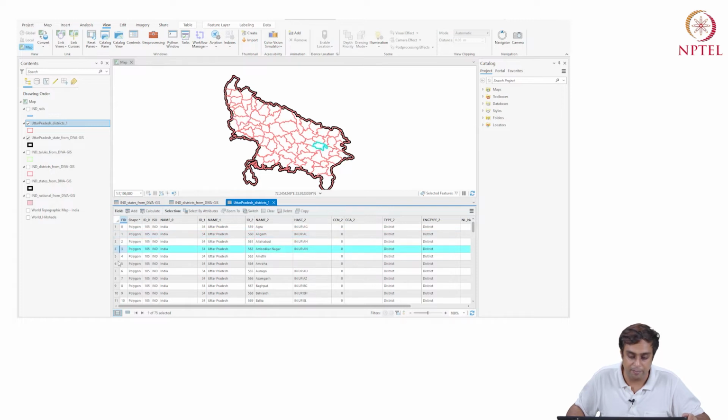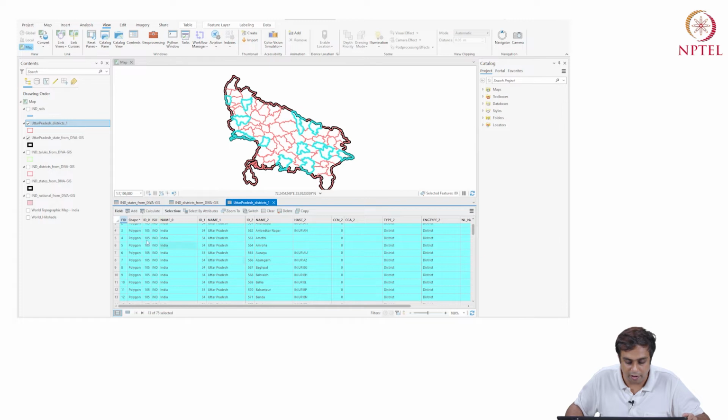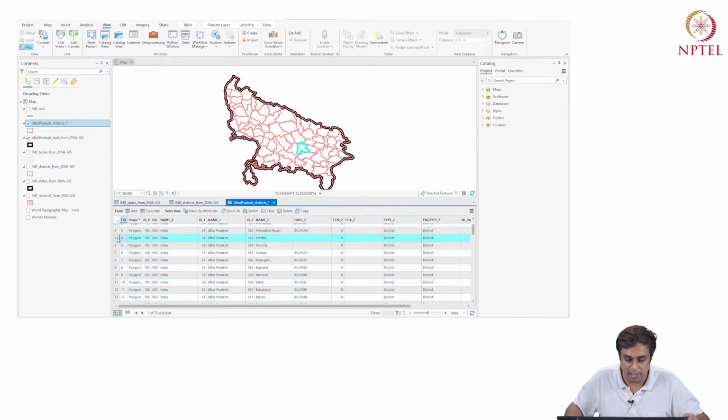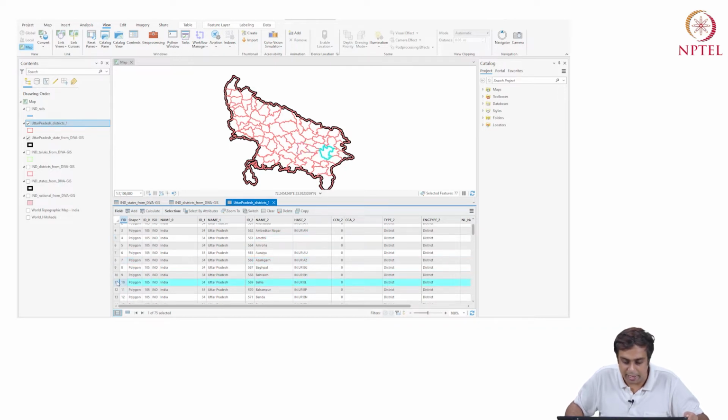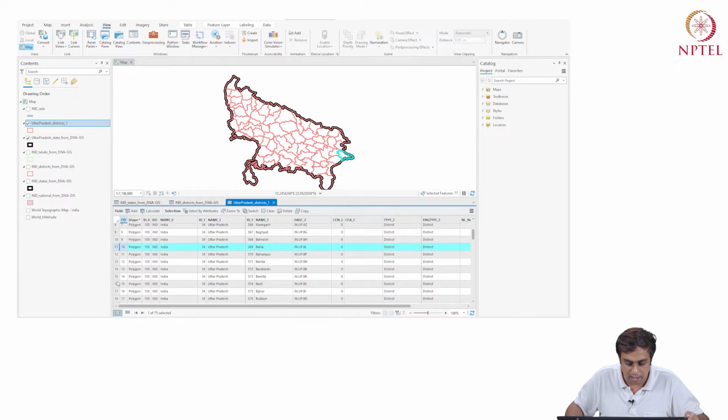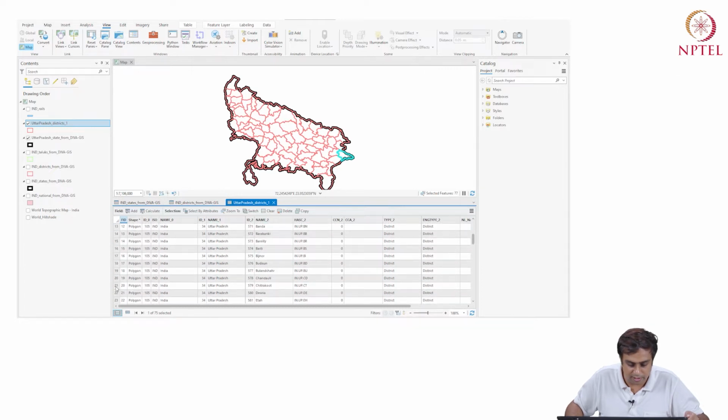I can select them differently. They are all there to be seen. There is Amethi. That's where Azamgarh is. This is Balia on your screen. I can also look at some others. Let's say Chitrakoot. I can look at Bijnor, which is your sugarcane belt, right?